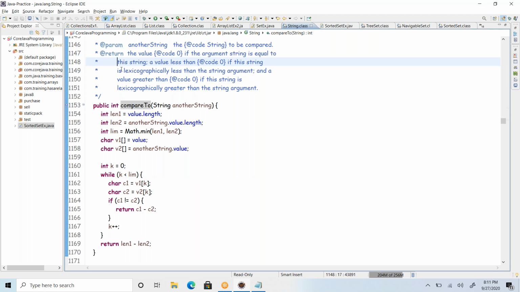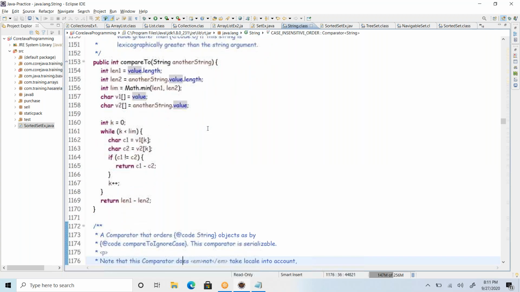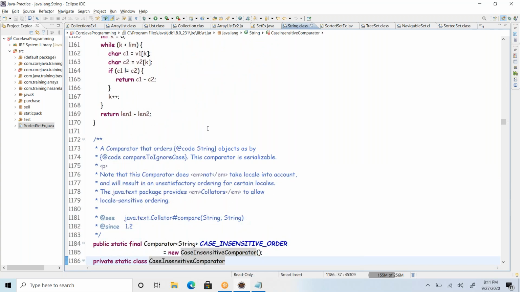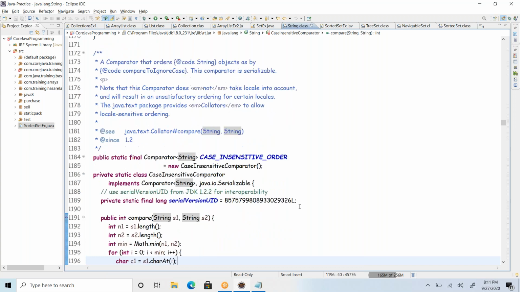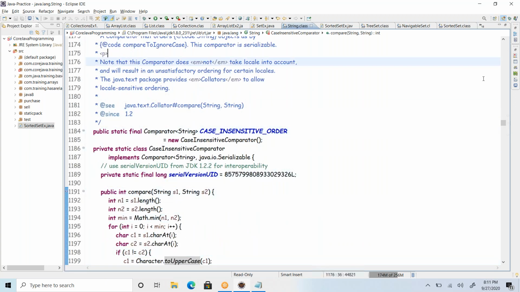This compares the strings lexicographically based on the ASCII code values. Anyhow, these are the implementations of the